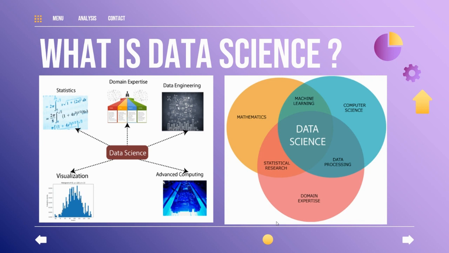Next, data processing. The taken data set will be processed by cleaning the noisy data and transforming the data. Next, preparing the data, data integration, and data reduction techniques. Next, what is meant by machine learning techniques? Machine learning techniques are techniques like deep learning, which are used to do regression analysis, etc. Next, mathematics. A data scientist must be well versed in mathematics so that he can calculate the exact statistical equation or the deep learning technique.